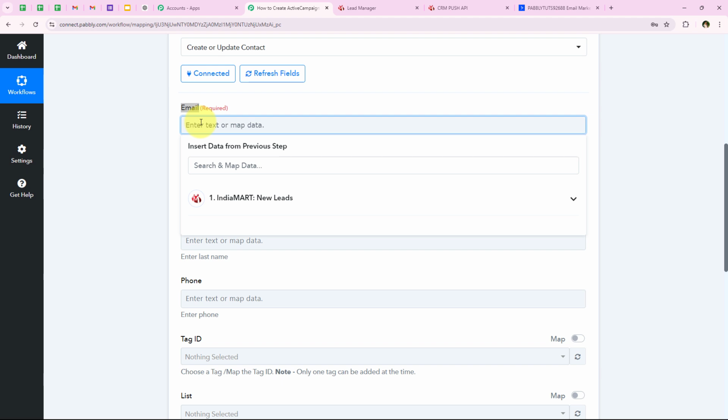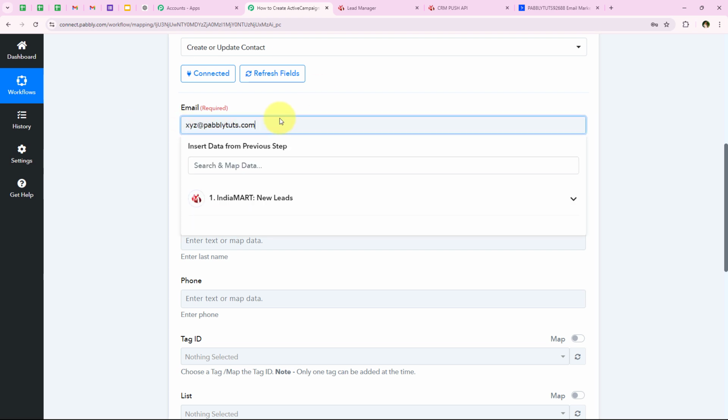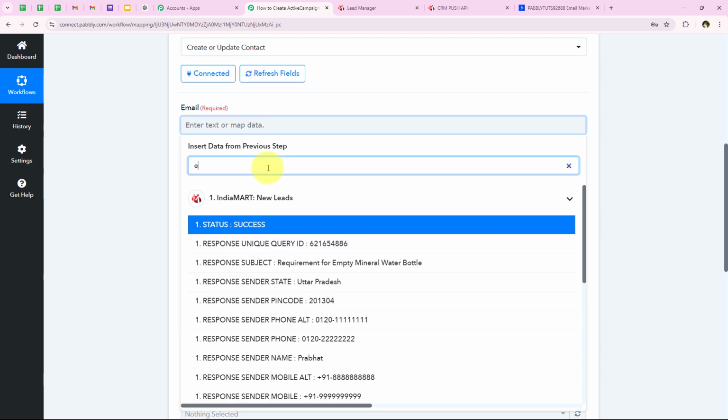So suppose I'm going to enter the email as xyz@pablytudes.com right over here manually. Then this will not change with every new lead received because this is static information and I've entered it manually. But if we are going to map this email from the previous response, suppose I'm going to erase this right from here, and then we are going to search for email right over here in the previous step,